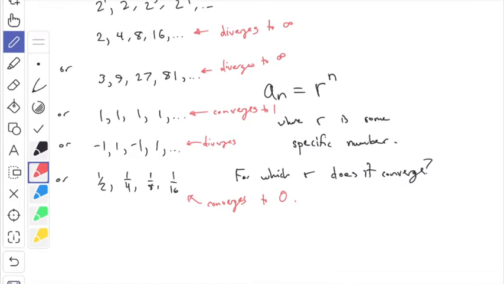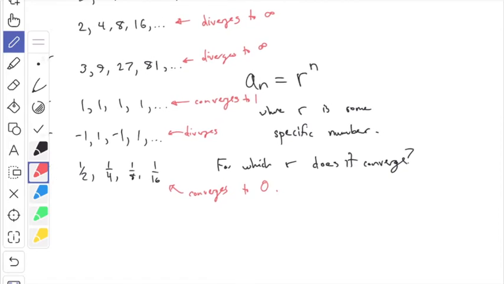Well, let's talk about it. There is actually a rule that's very simple once you know the rule. When you look at r, can you tell me if it converges or diverges? All right, that's what I want to talk about. So I think one easy thing that you can say is if the r is greater than 1,